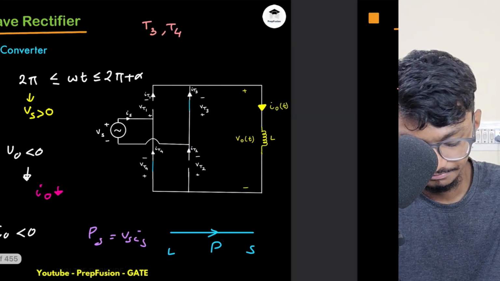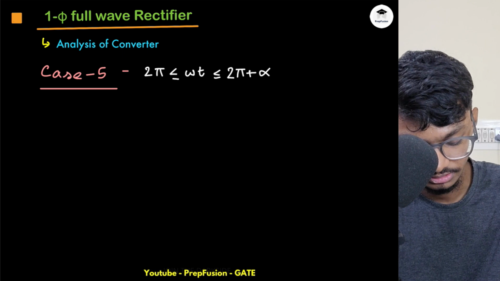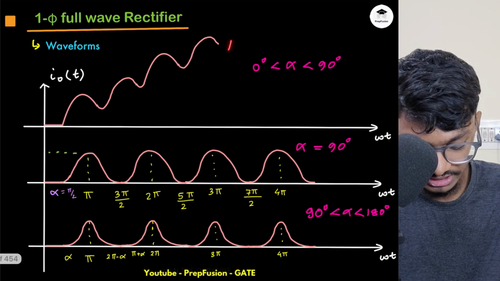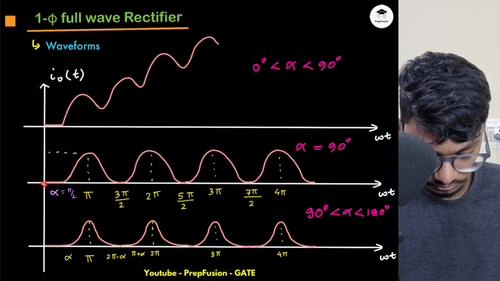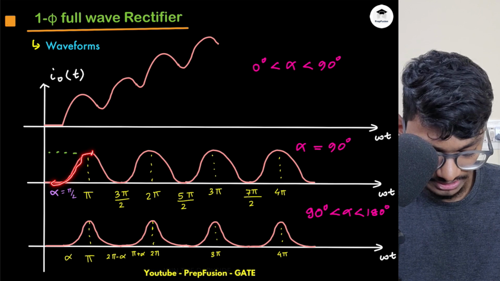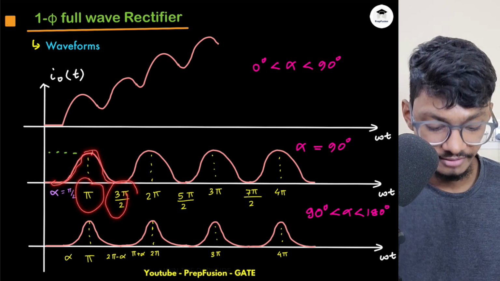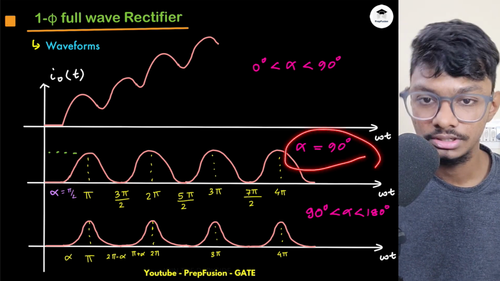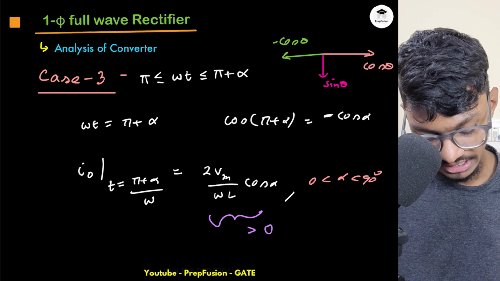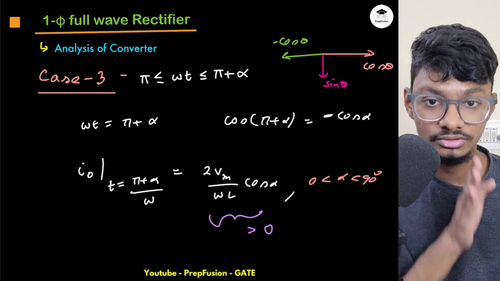Next, this was the case that I wanted to write, but I have given the same thing on an extra page, so I'll skip this. If you look at the waveforms, the current will increase up until pi, then it will decrease, reaching the end at 3 pi by 2. I have assumed that alpha equals 90. So if alpha is 90, this current will be 0. So it is on the edge of continuous